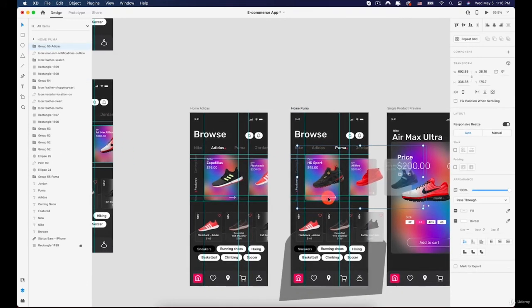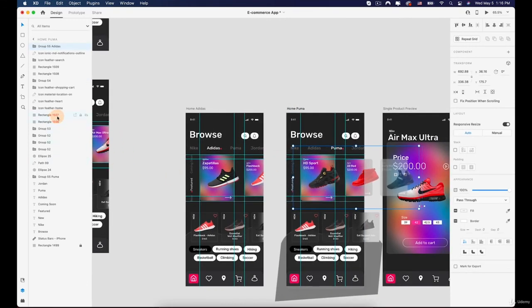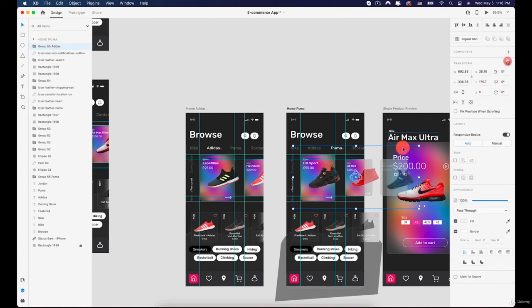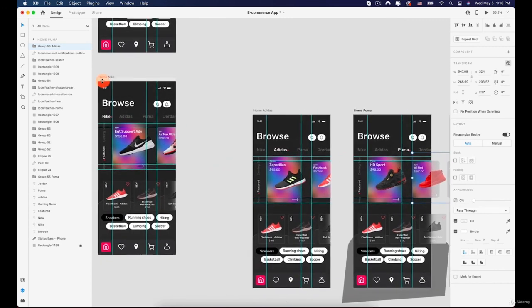Paste it here. I will make it 3D. Make sure you select it from here, and make it 3D. And move it up like this to be above everything. And now you can scale it down and move it to the right side, and then bring down the opacity. And now if you go ahead and play,